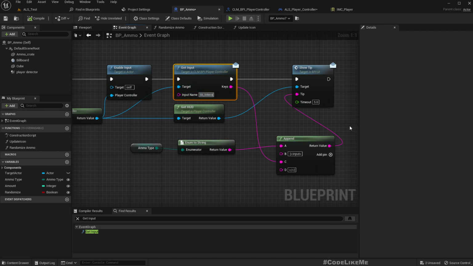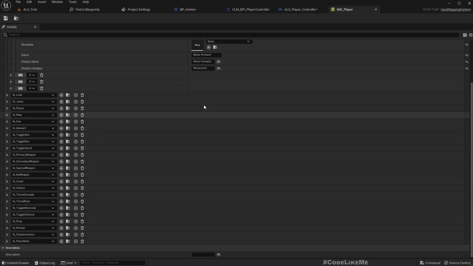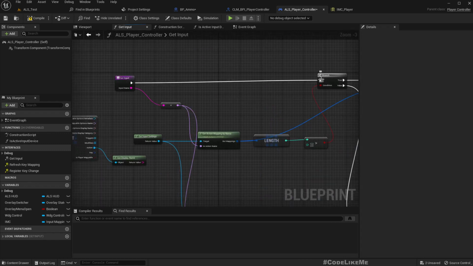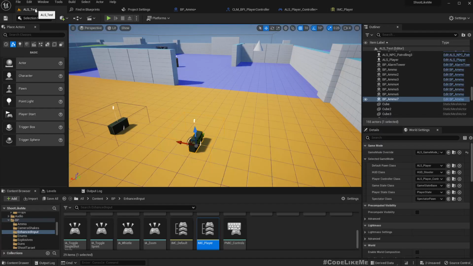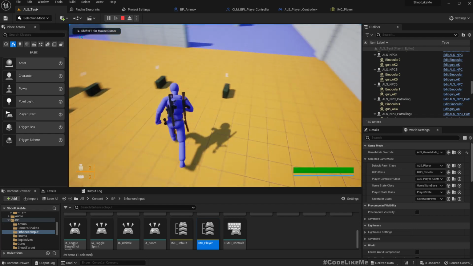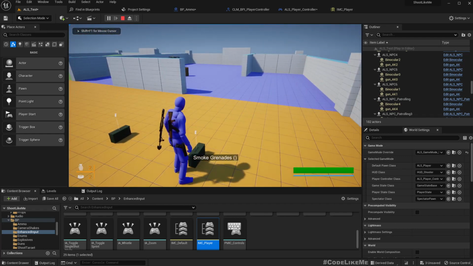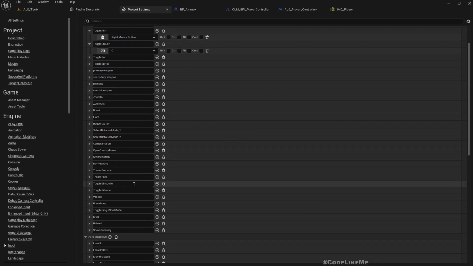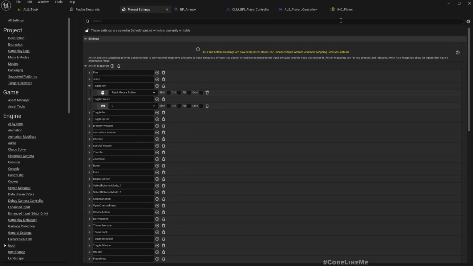IA interact. Is I capital? Yes. Okay. And once I give that, I don't think this should appear anymore. See, because we don't have an input called IA interact in the legacy input system. But it's fine because we have already migrated to the enhanced input system,